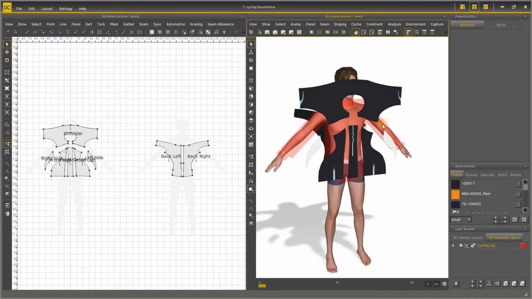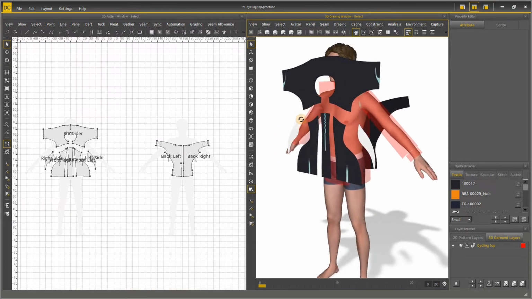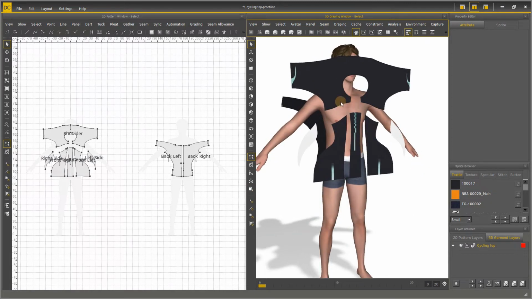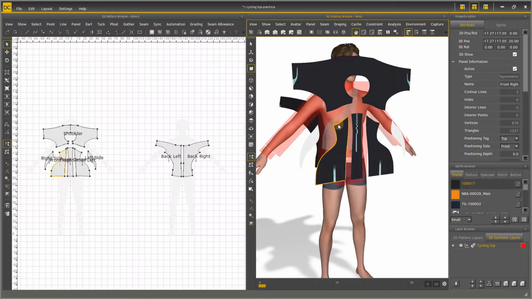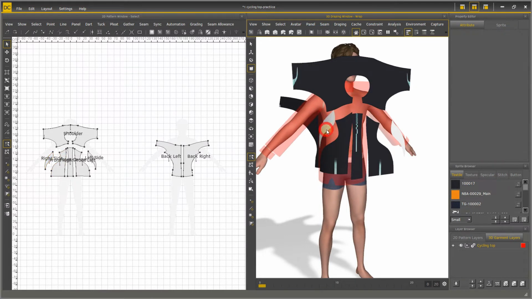After the adjustment is finished, we have to click back to the primitive selection mode so we can select the panels. For this cycling top, only the front panels and the side panels can be placed properly on the cylinder.